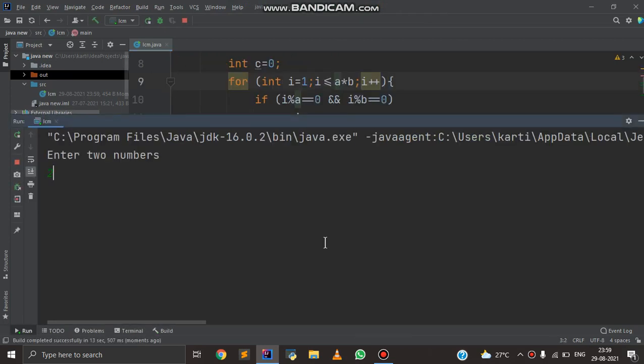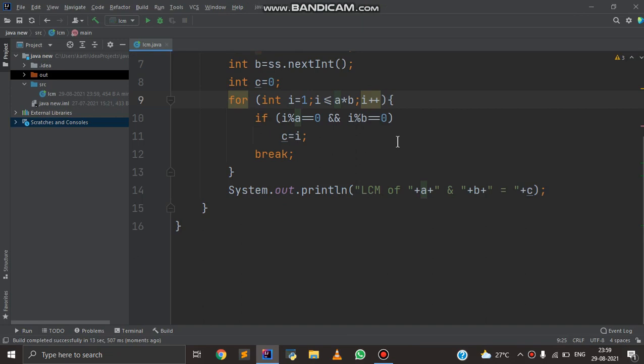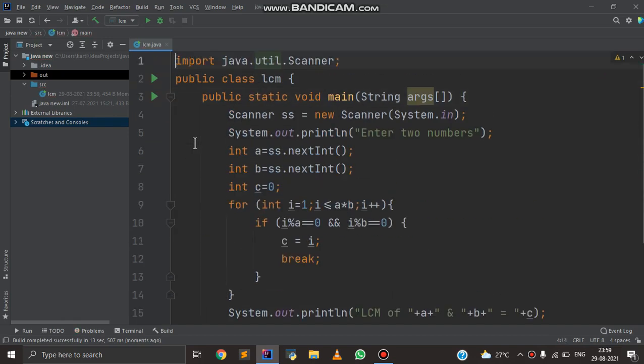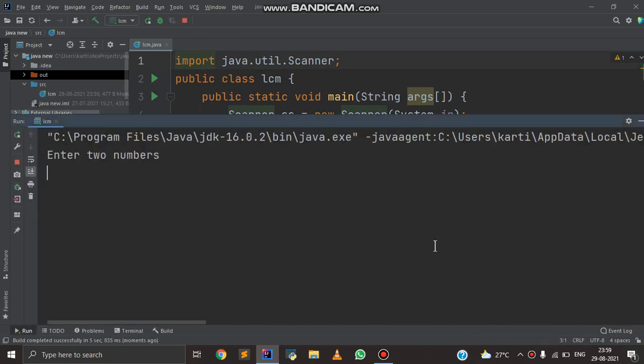Now if we write 2 and 4, it is not coming because there is some problem. Now it will run. Two, 4.